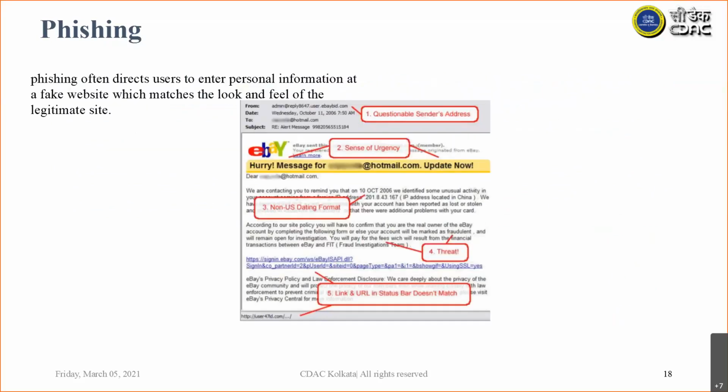Phishing often directs users to enter personal information at a fake website, which matches the look and feel of the legitimate site. So basically a fake website is made which looks like the original one, and it provokes the users to enter the password and all the sensitive information, and it steals the information.